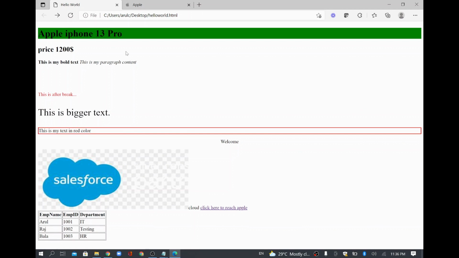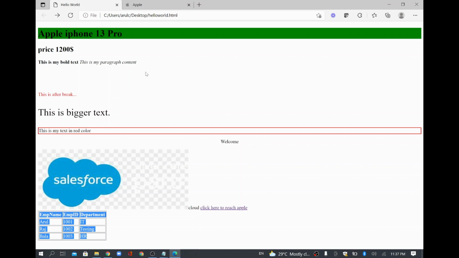So now we have almost explored all the important tags. We saw how to give a heading and also how to give a background color. Heading 2, this is for B and this is for I, and this is the paragraph again with the font color, and this is a bigger font size. This is a paragraph with borders, and this is text align with red, and this is an image. This is a hypertext link with a tag called A, and this is for table, where we learned table, th, td and tr. So all the important tags we have seen today.